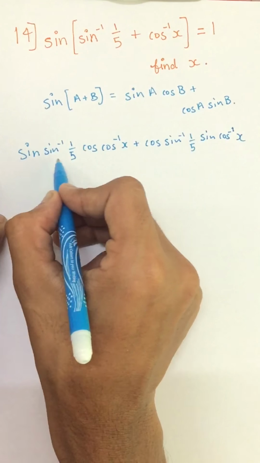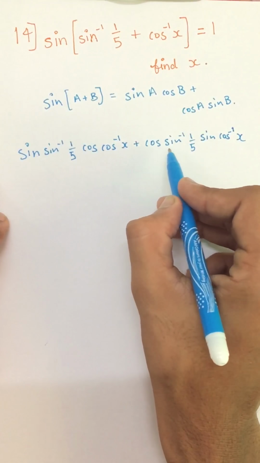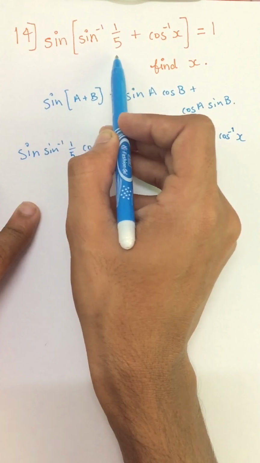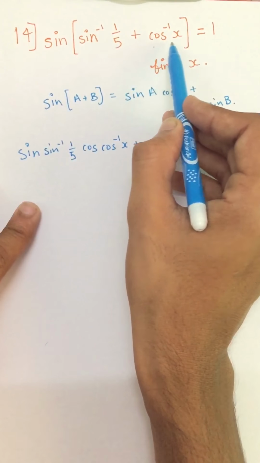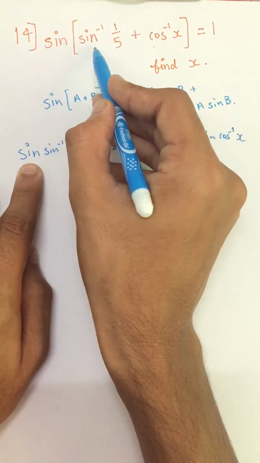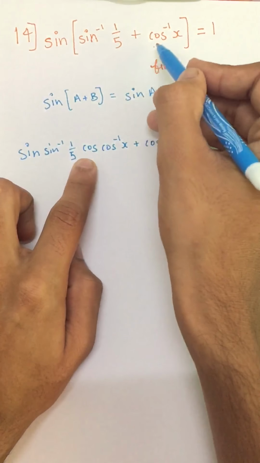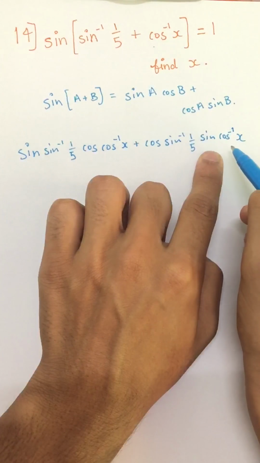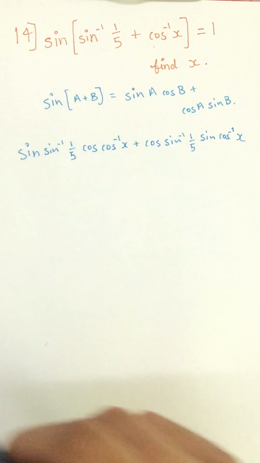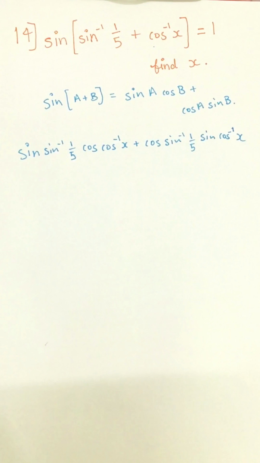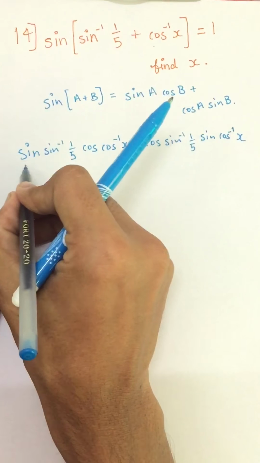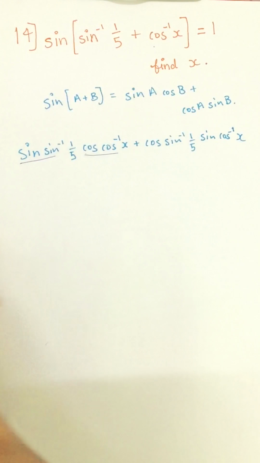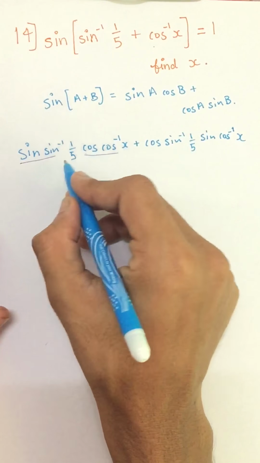So this is our sin A cos B plus cos A sin B. Our A over here is sin inverse 1 by 5 and B is cos inverse x. So friends, over here we can just strike off this sine and sine inverse, also this cos and cos inverse, and I get simply x upon 5